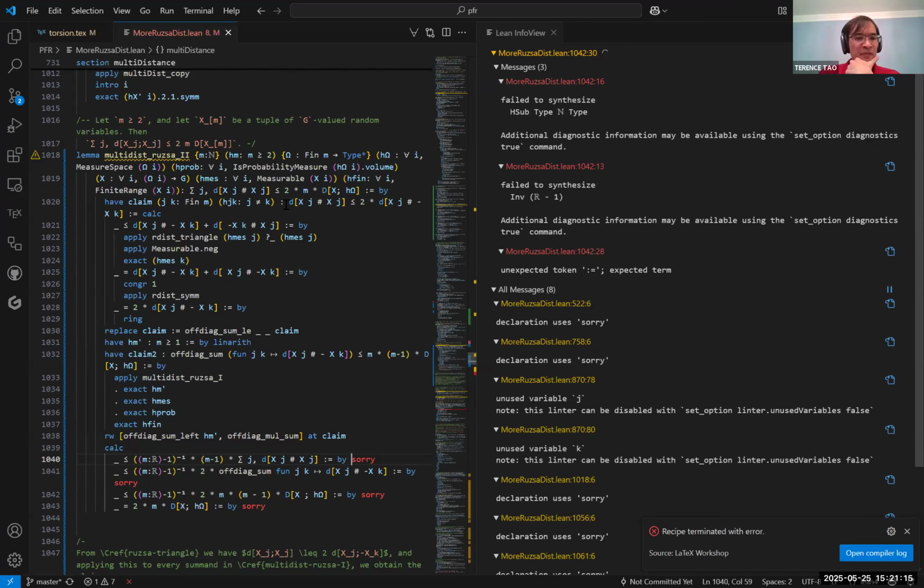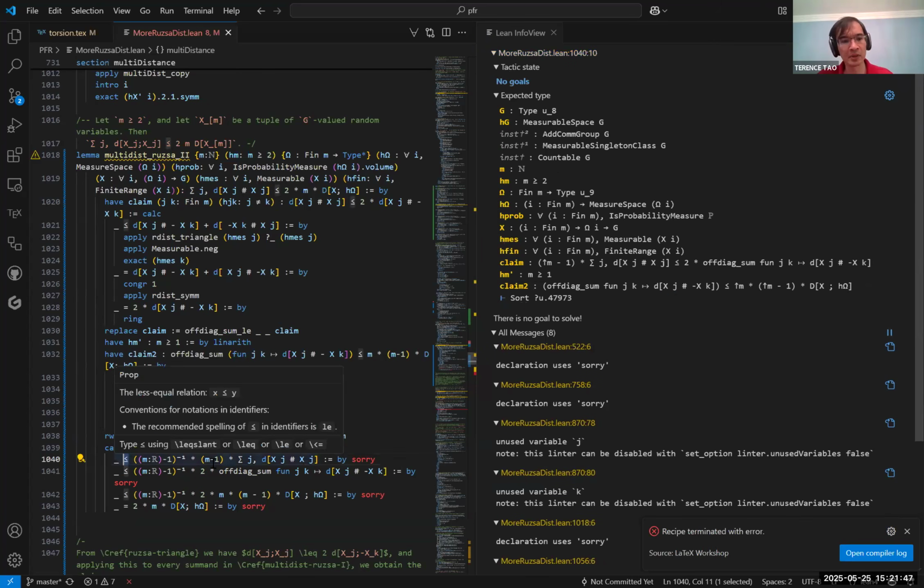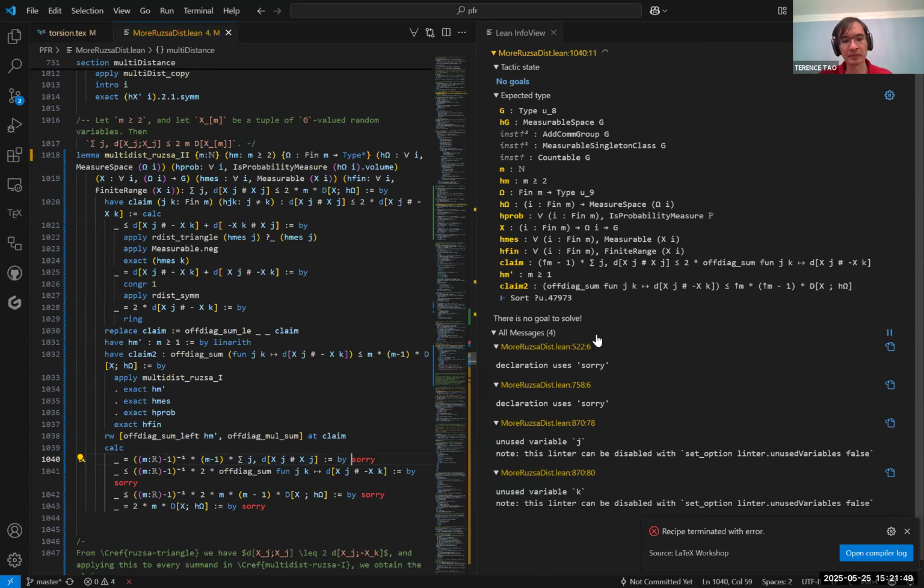Yeah, so another drawback of a real-world formalization project is that once you're a couple thousand lines in, the compilation is slowed down quite a bit, at least on my small little laptop. Okay, but I think I set things up so that everything should be good. So this, actually, I want to be an equality even. So this should just be a canceling operation.